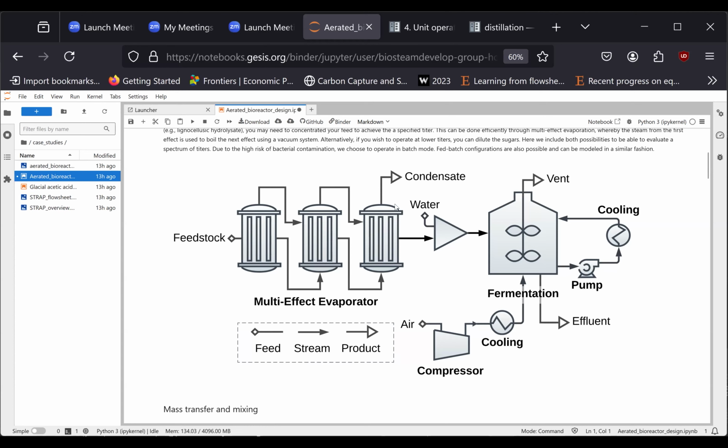So here we have a multi-effect evaporator for dewatering optionally, and here dilution water coming in. So depending on what feedstock concentration comes in, you might want to evaporate or add dilution water. Then here we have our aerated fermentation. It's a stirred tank, a recirculation, and our compressor, our cooling heat exchanger for the compressor because that heats up